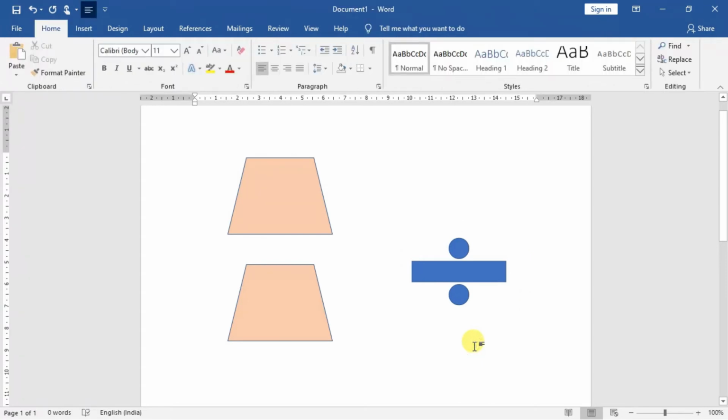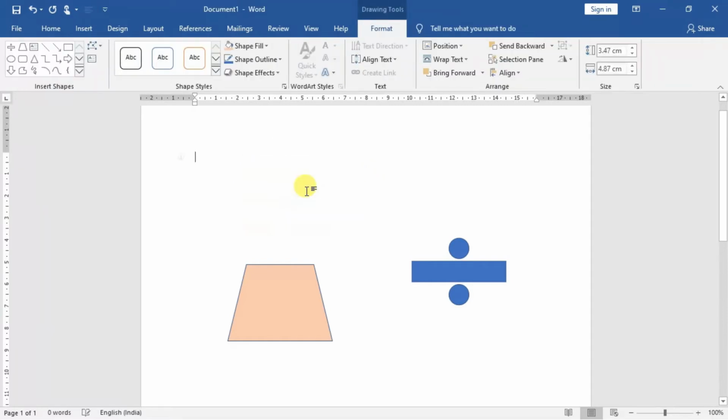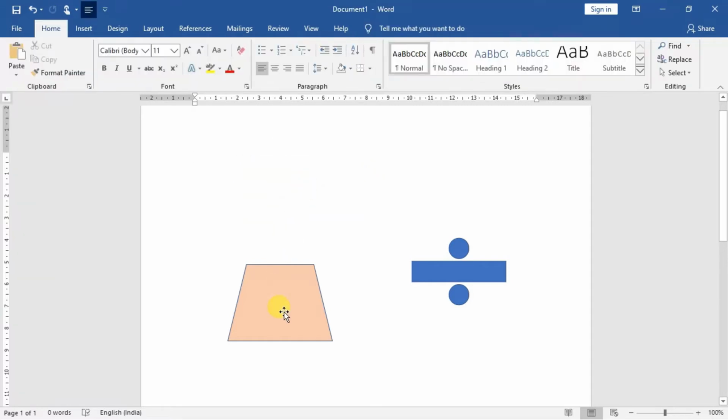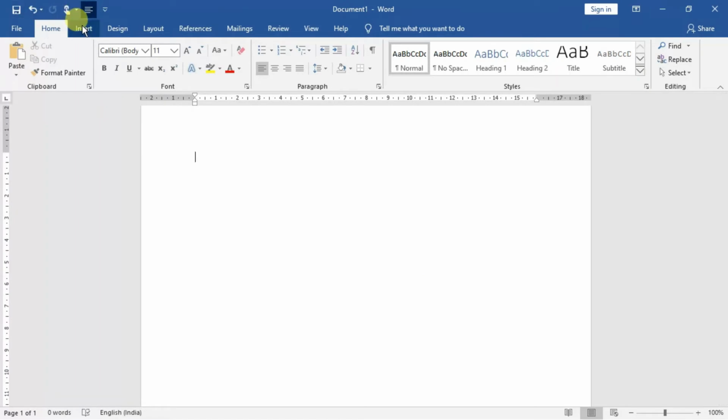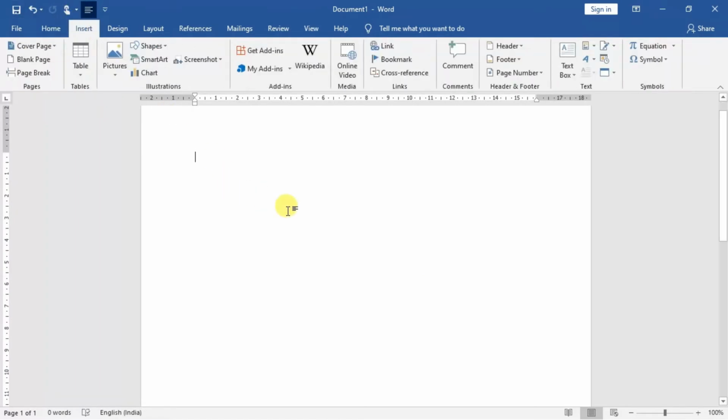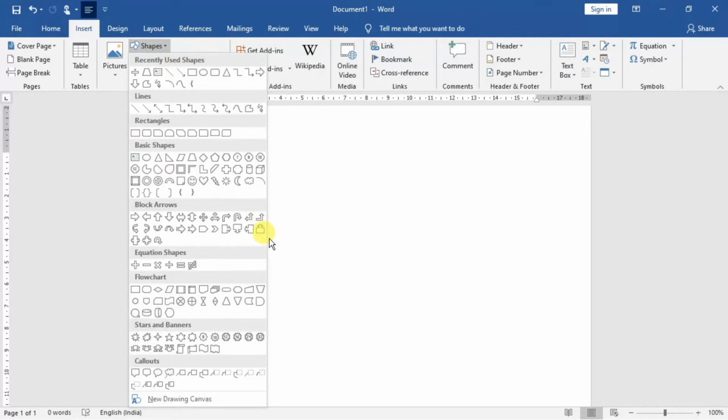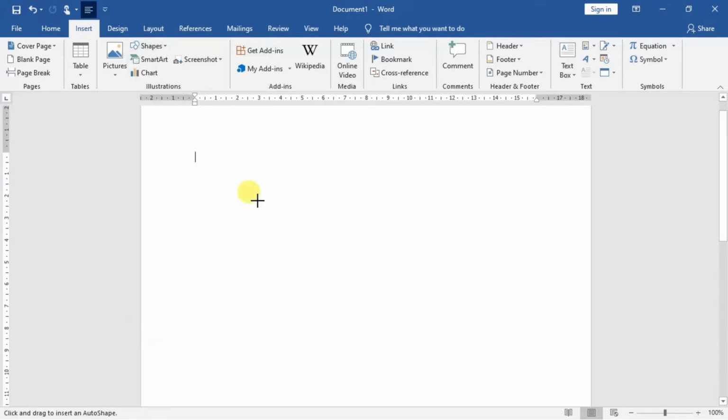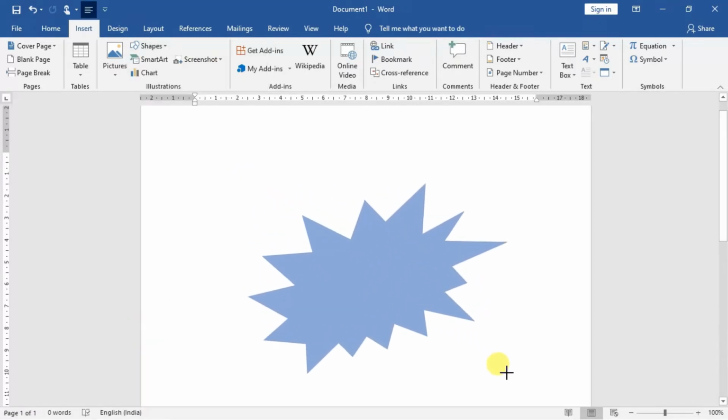Now, sometimes we see the banners. I'm deleting this one by simply clicking on it. I'm showing you one more thing out here, so that's very important for you. Whenever you want to make your document a little bit attractive, then shapes are useful, and sometimes you will see shapes and banners are also available. You can see out here, like this one. I will take this, okay, like this.